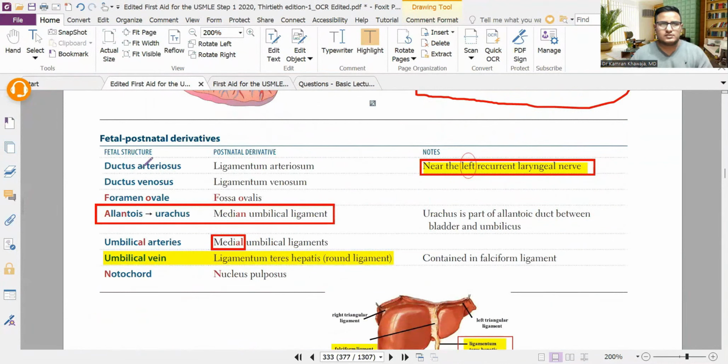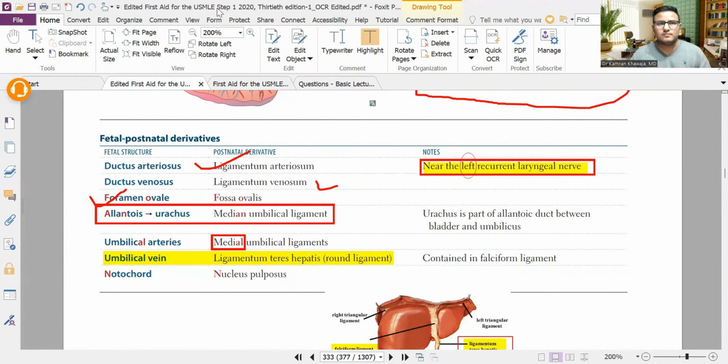ओके, नेक्स्ट डेरिवेटिव्स डिस्कस करते हैं जी। डक्टस आर्टेरियोसस का जो अडल्ट डेरिवेटिव है वो क्या होता है, अभी हमने डिस्कस किया है, लिगामेंटम आर्टेरियोसम। इसका एक कंसेप्ट है, इसके नियरली एक नर्व होती है, लेफ्ट रिकरेंट लेरिंजियल नर्व, जो इसी के साथ ही होती है। उसका एसोसिएशन नेक्स्ट पढ़ते हैं कि इसके अंदर ये नर्व की इंजरी हो तो क्या होता है। डक्टस वीनोसस क्या बनाएगा, लिगामेंटम वीनोसम। ओके, इज दैट क्लियर। डक्टस वीनोसस लिगामेंटम वीनोसम बनाएगा। फोरामेन ओवेल क्या बनाएगा, फोसा ओवेलिस। इज दैट क्लियर।